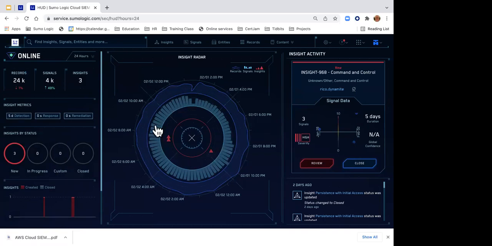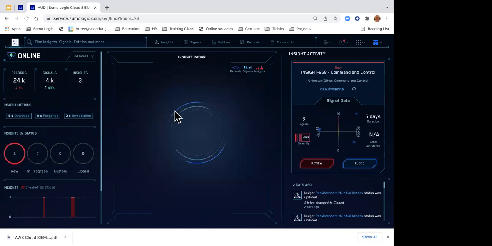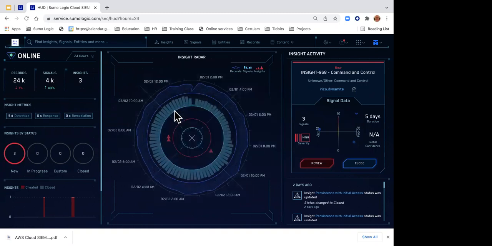Here, of course, is probably where your eyes navigated to when you first went in here. This is the heads up display. If it looks familiar for those of you who are World of Warcraft aficionados, that's because the same people who developed World of Warcraft, the user interface folks, were invited to design and consult on this. So they created our interface. Again, the goal here was to reduce fatigue, right? Looking at a bunch of data can be very, very hard on the eyes. So we wanted to make it easy for you to see what's really important.